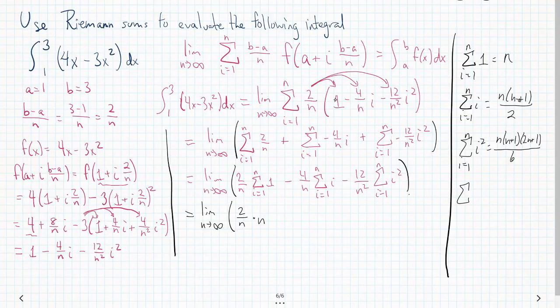And the summation i equals 1 to n of i cubed, if you ever need that, would be n times n plus 1 all over 2, and then that quantity squared. So this means that we have minus 4 over n